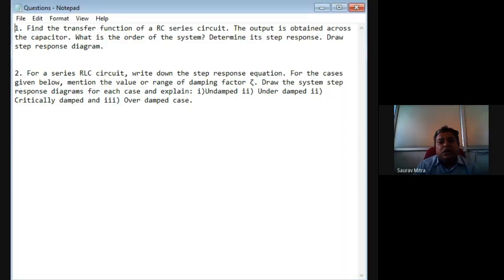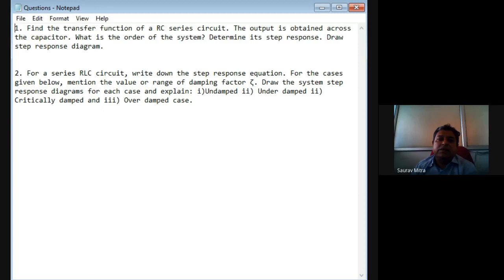I will show you two questions. They are in the same line of first order and second order thing. So just take a screenshot or just write down the questions. I'm giving you 2 minutes time. Do it very fast.